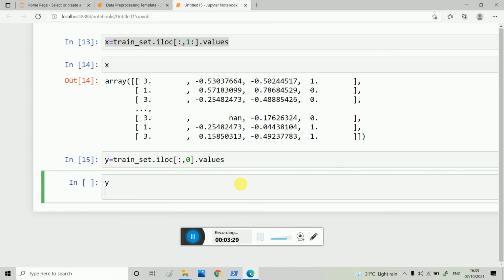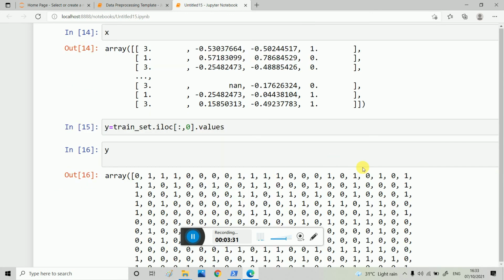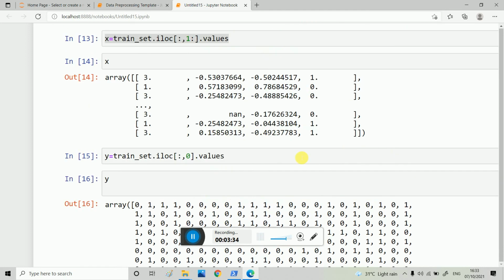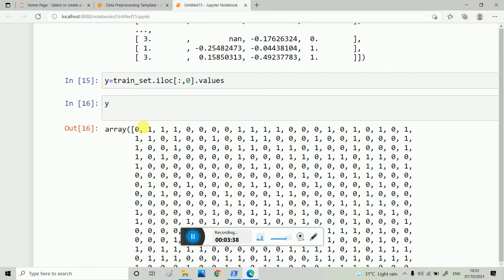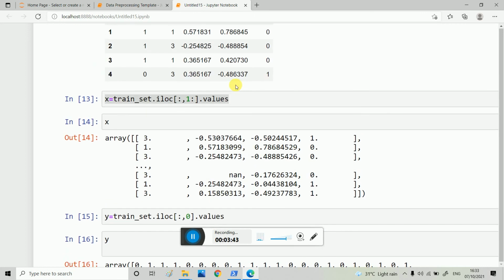So this is the y column, which shows the 0 and 1, the Survived column. I write dot values here because we want the array.